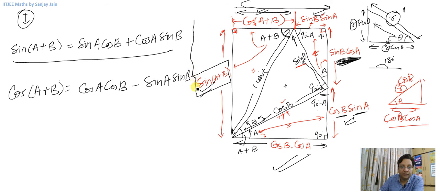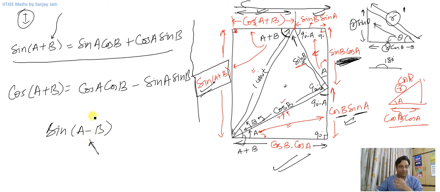Alright. Now I have found sin A plus B, cos A plus B. I have still not spoken about sin A minus B or cos A minus B. Okay, let us do it here itself, because this is pretty simple. If you can think that this angle B can be replaced with minus B. If I replace this angle with minus B, I'll have to replace angle B with minus B everywhere in this formula, right? And this will be perfectly valid.